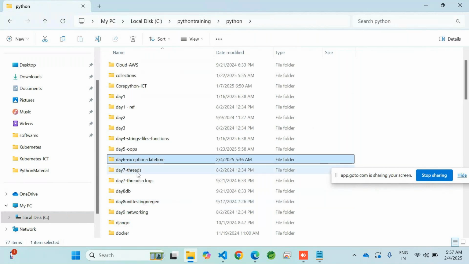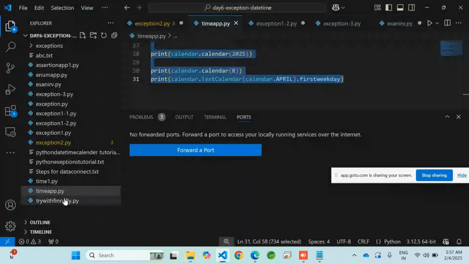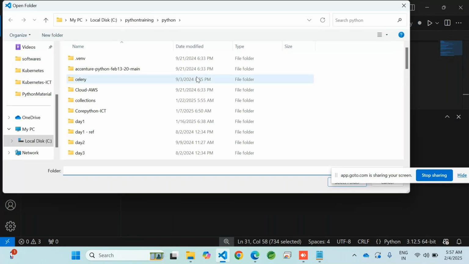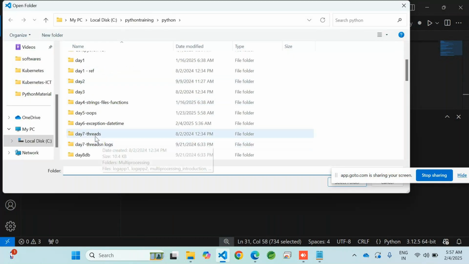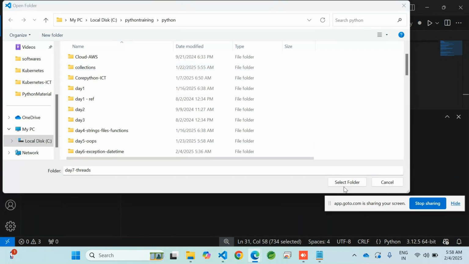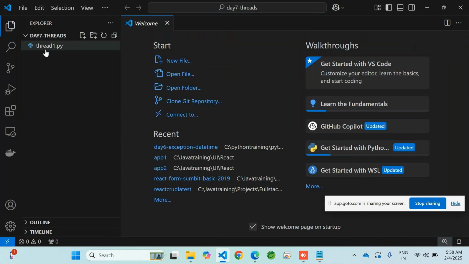Next is called multi-thread. How do we perform threading in Python? Thread is used to perform dynamic operations within Python. If you want to work with responsive applications where we want to divide the task into a number of threads,